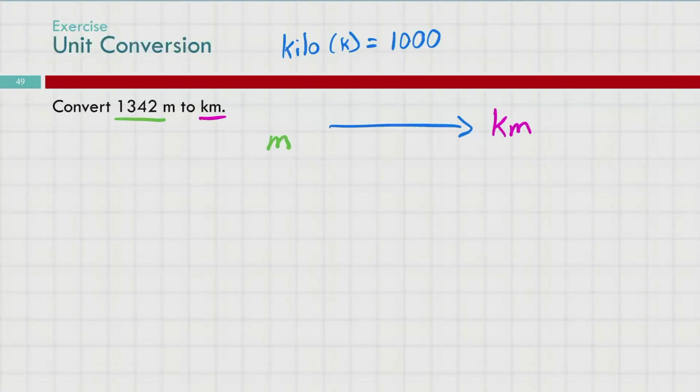We would need to know a conversion between kilometers and meters. Kilometers, km, has the prefix, meters doesn't. So we'll set 1 kilometer equal to how many meters? It's 1,000. So this k equals 1,000. So we can plug in the 1,000 where that k goes. So then this would be 1,000